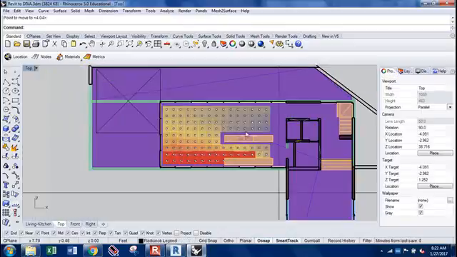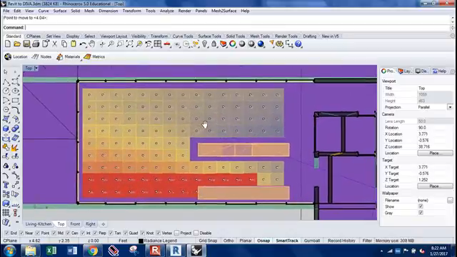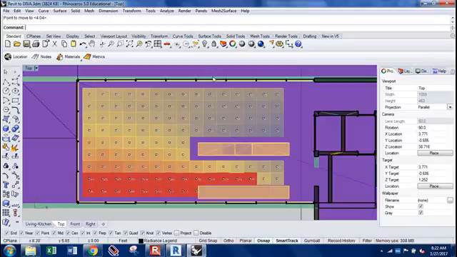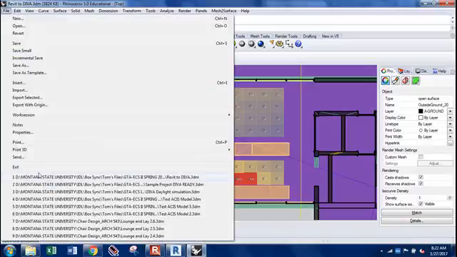And zoom in through the top there. Get this space relatively in the view that I want, and everything's looking pretty good. You can see the bright red is all that direct solar gain that's falling directly on the floor there, and then the rest of it tapers off into the rest of the space there. But we're going to go ahead and print this. You can go to File, Print,